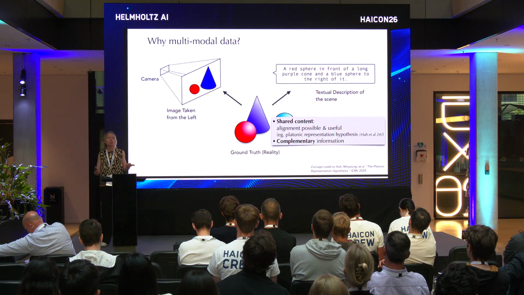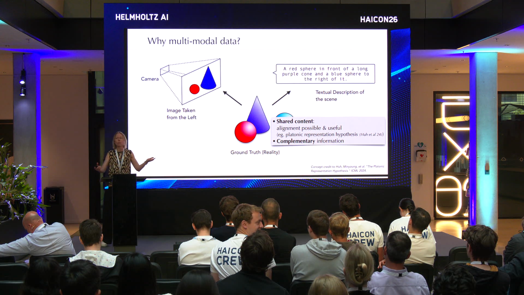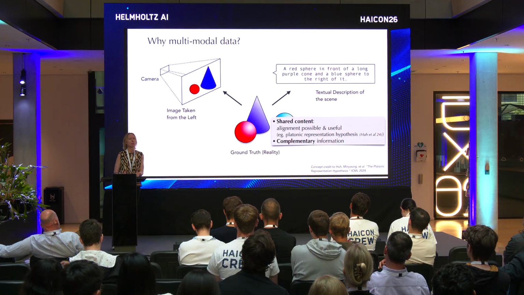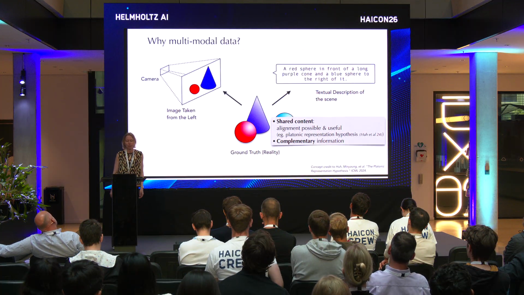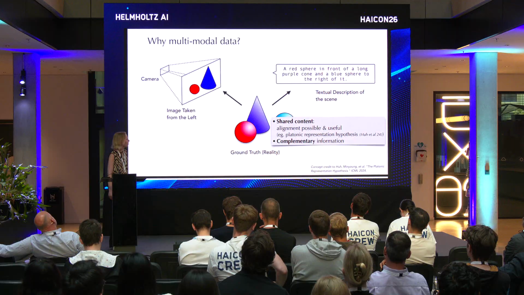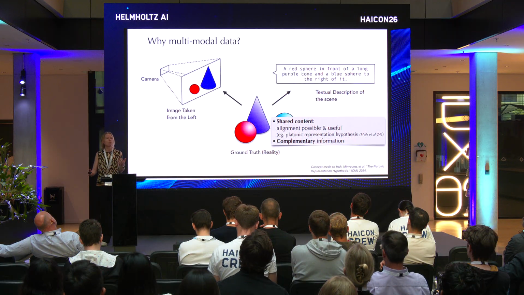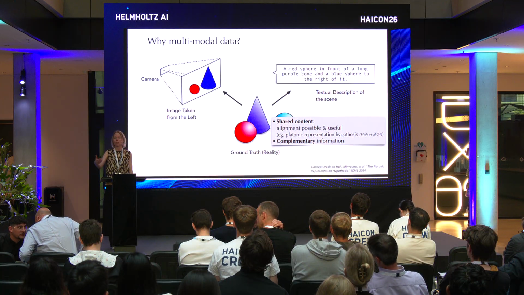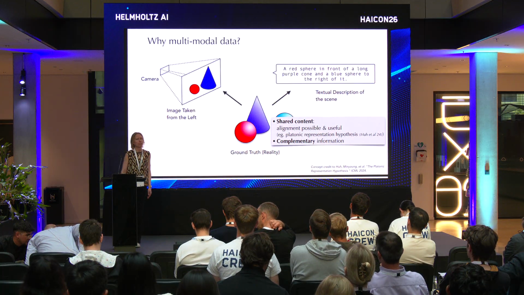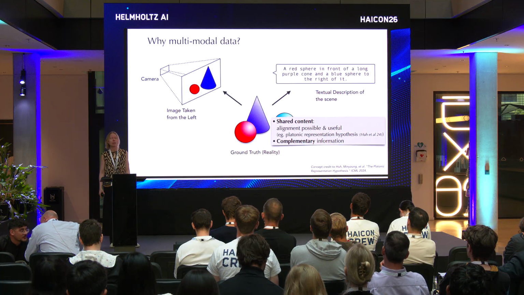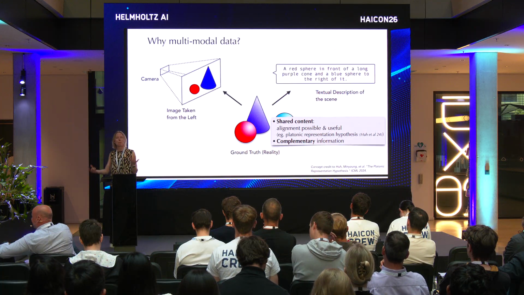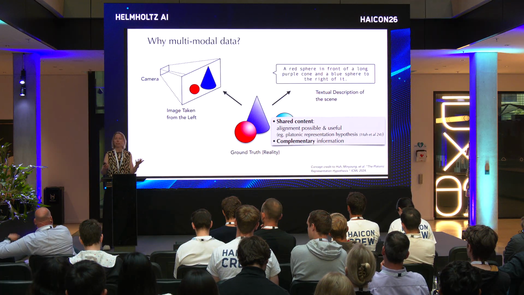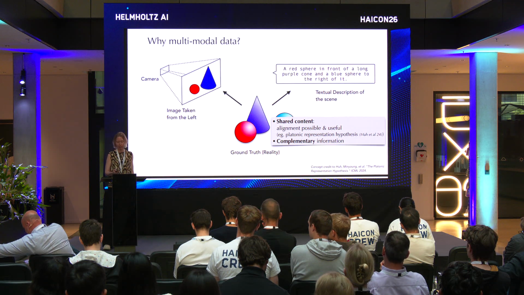The first thing is there is shared content. So both of these views are about the same thing. So I can align, then I can leverage that to get more information about that same thing. So it's more robust. The second thing is some of these modalities may actually give me complementary information. There are certain things that are in an image that are likely not in a text describing that thing. And the other way around, the text may have some information about general things that are not in the image. So I may actually want to leverage that complementarity in the information.